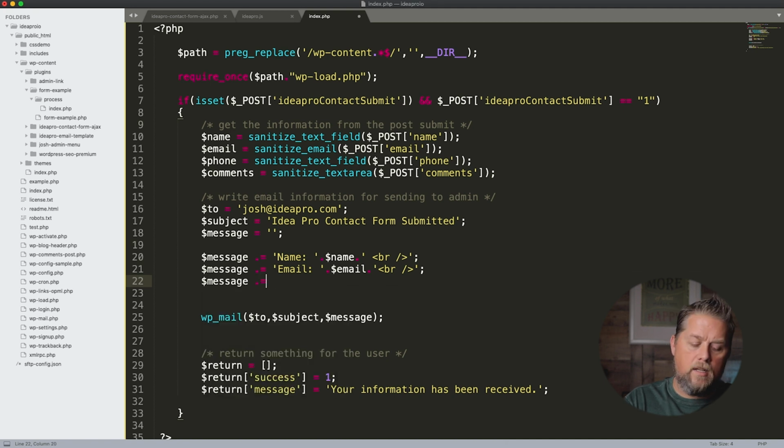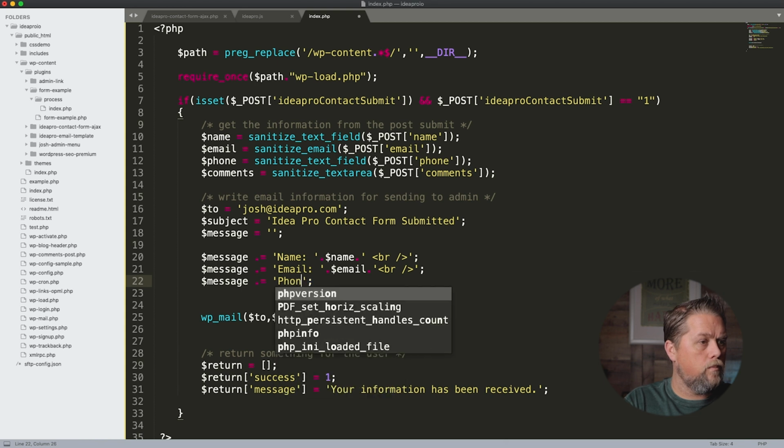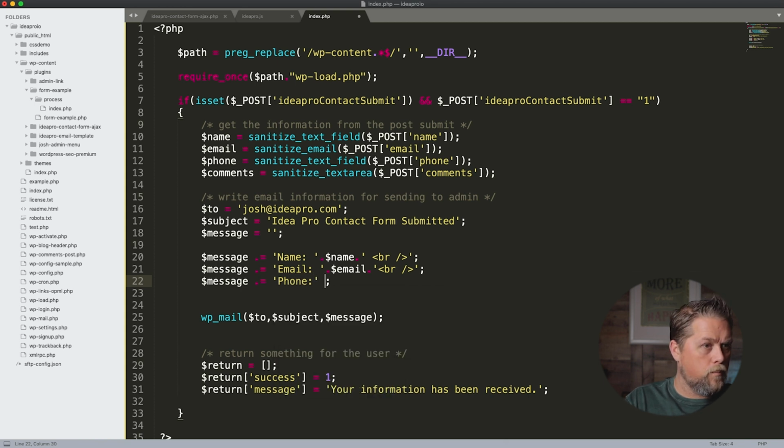$message dot equals, and that's going to be phone, and that's going to be, let's put a space in there, dot phone dot, and a break,